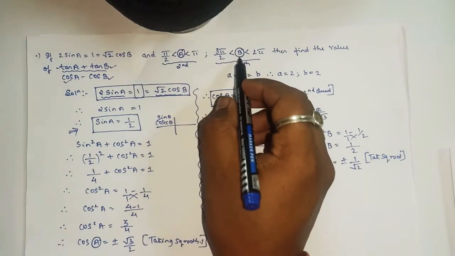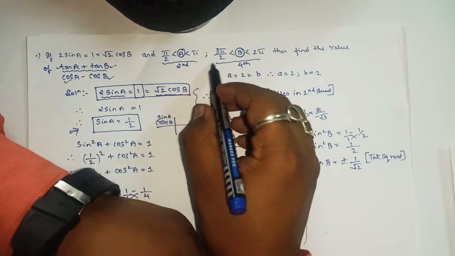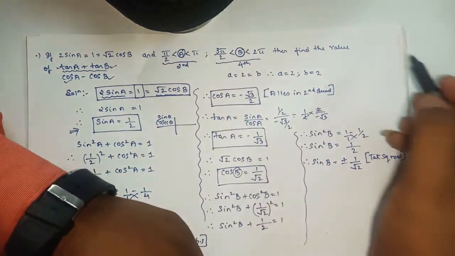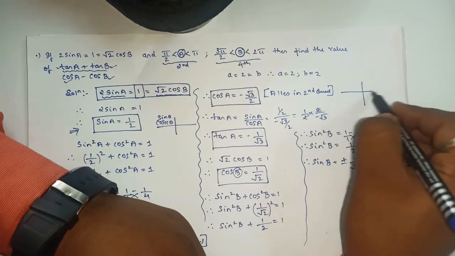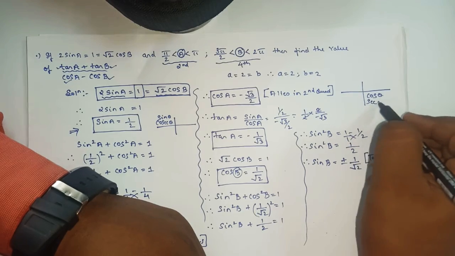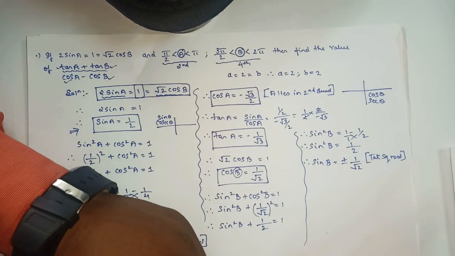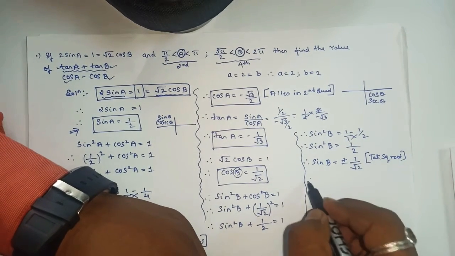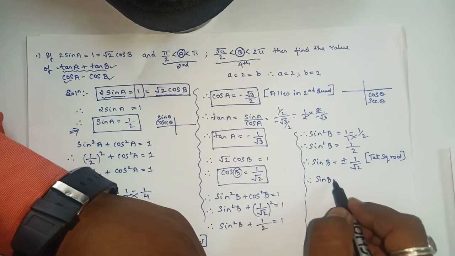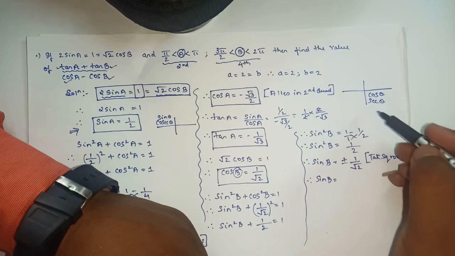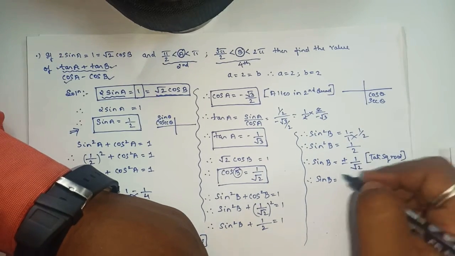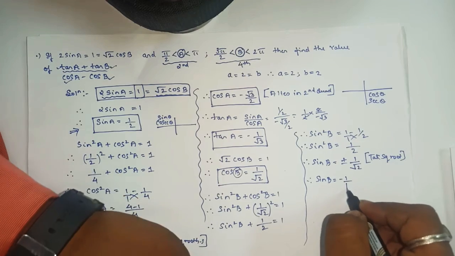As per the condition, it says that angle B lies where? It lies between 270 to 360, that means it lies in the fourth quadrant, and we know that in the fourth quadrant cos theta and sec theta are positive and the remaining trigonometric functions are negative. So therefore, as B lies in the fourth quadrant, we know that cos and sec are positive and the rest will be what, negative. So here we have to consider the negative value.